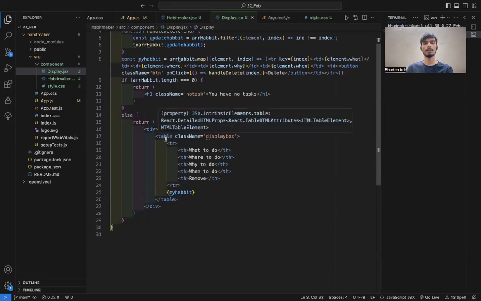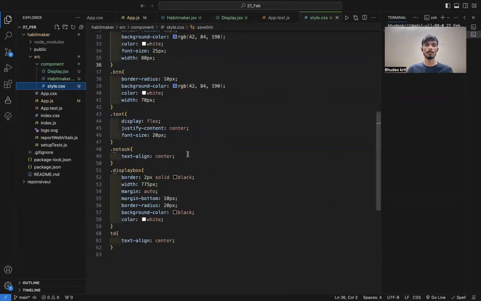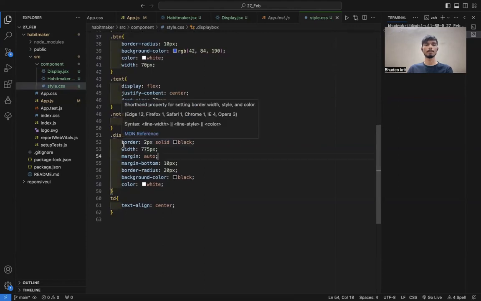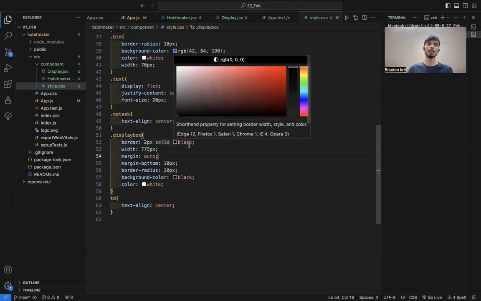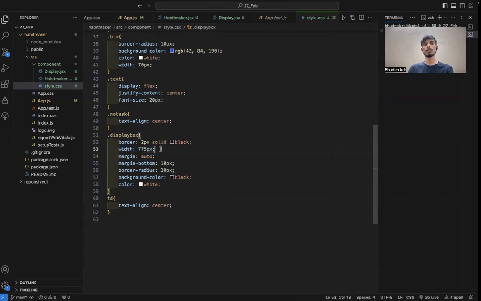created a div, and inside the div I have created a table, and defined its class name as display box. Then I have created a border of this display box, 2 pixels thick and solid black. After that, I have defined its width as